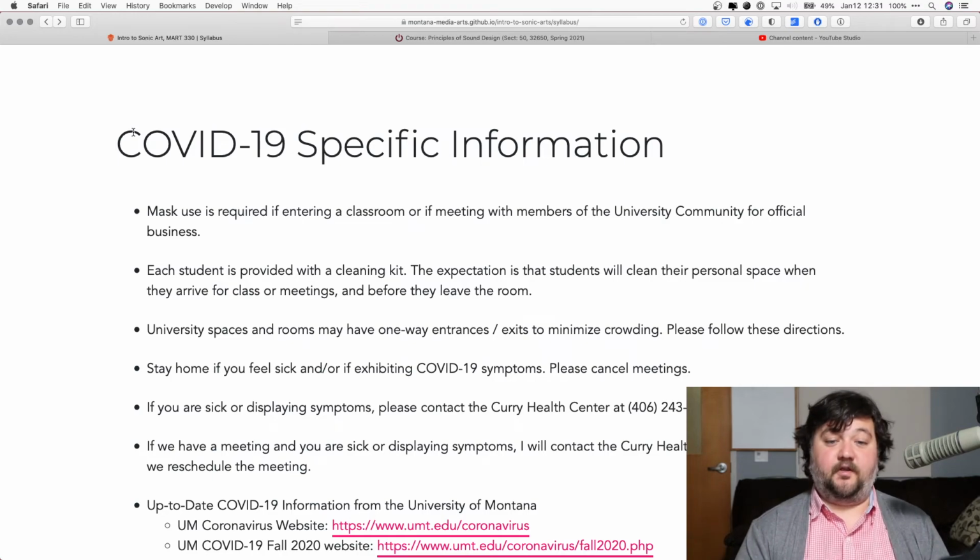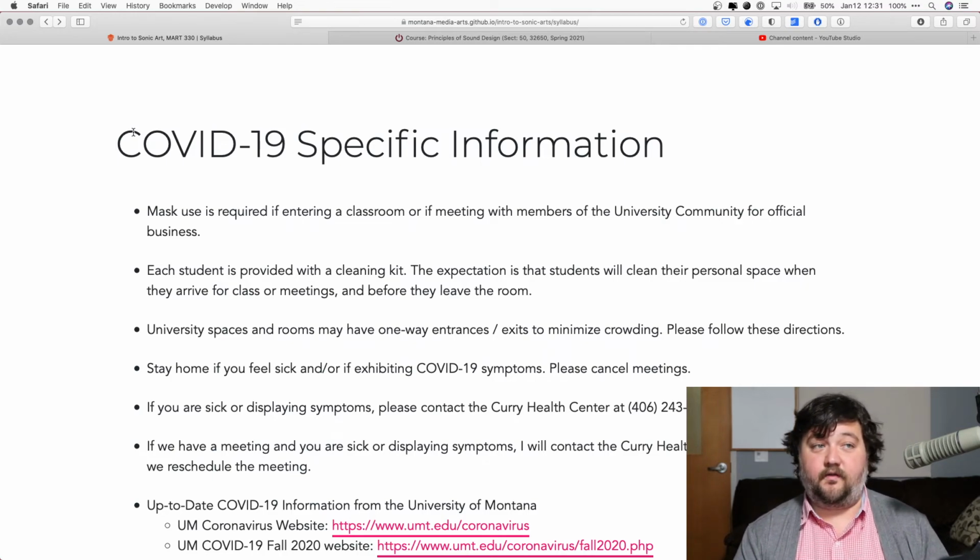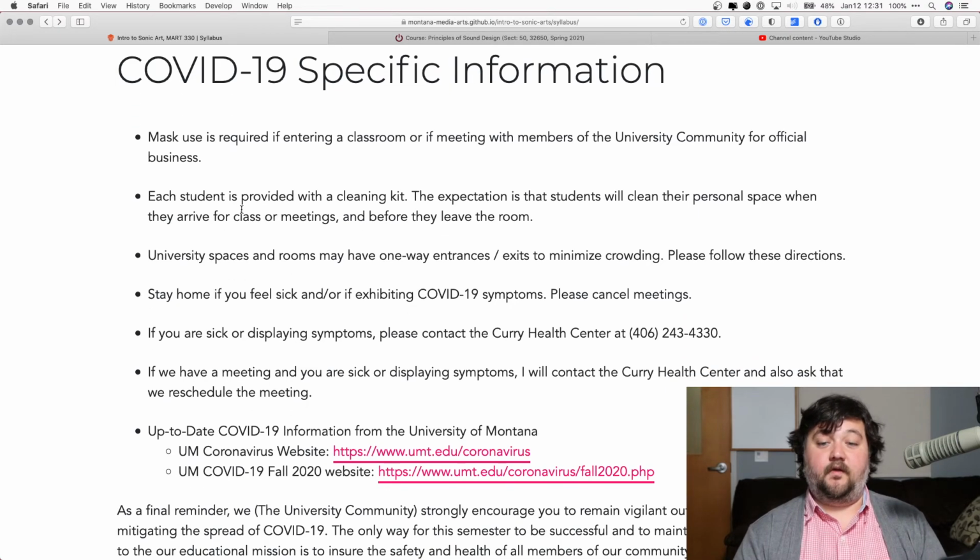COVID-19 specific information. If you are on the university grounds, mask use is required in classrooms and buildings or meeting spaces. You were provided with a cleaning kit at the beginning of last semester. There are still refillable products for those kits throughout campus. Please make sure that you are cleaning up behind yourself to protect the community.